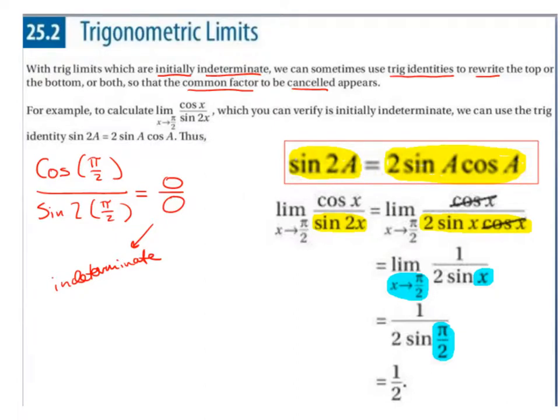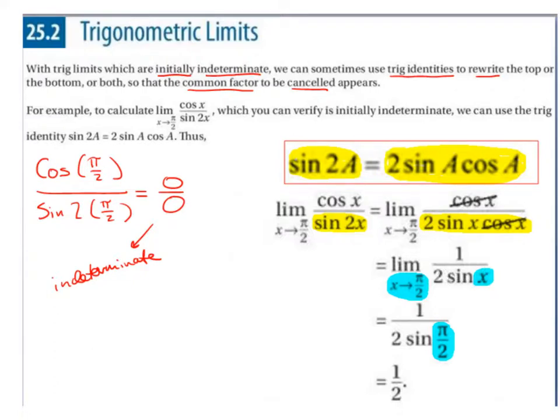Thus, the limit of cos x over sine 2x as x approaches pi over 2 is equal to the limit of cos x over 2 sine x cos x as x approaches pi over 2. So using this trig identity, we've swapped sine 2x for 2 sine x cos x. Now we can cancel out the cos x on the top and the bottom, and we're left with 1 over